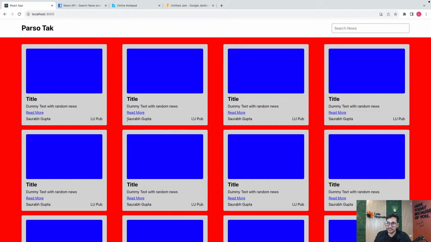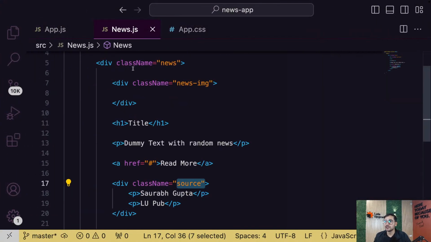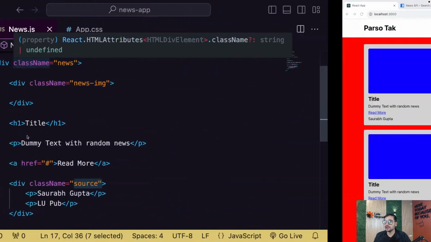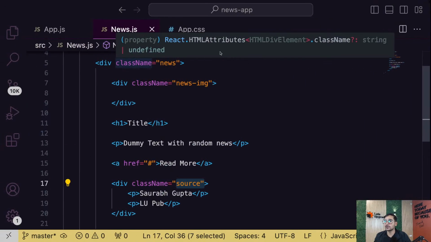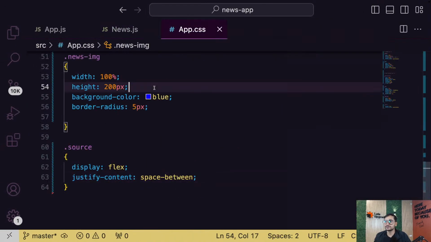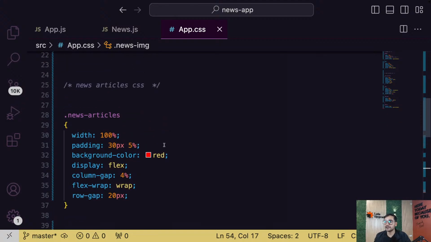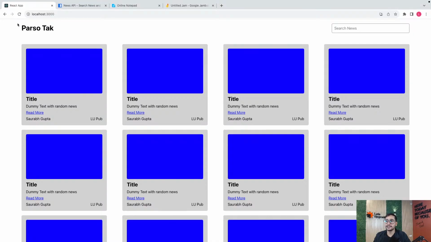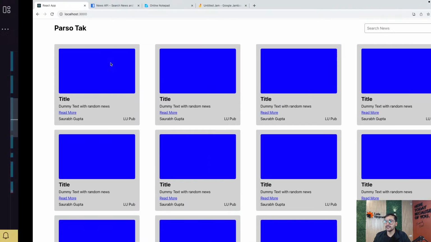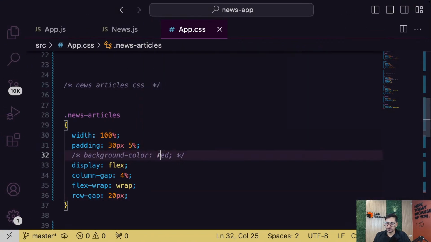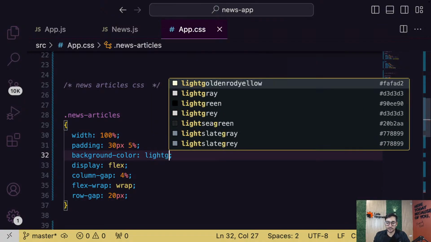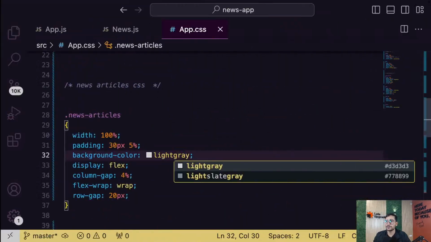Okay, and guys, I want these to have a light grayish color actually. And also to the news. So let's give it a very good color. And guys, also let me remove the red now. I don't need that red anymore. So let me remove the red first. Where's red? Yep, here we go. Remove that red. Let's keep it white like this. Actually, not exactly white. Let's give it a very lightish gray. Something kind of light gray, and then we'll change it. Don't worry, we'll change it.